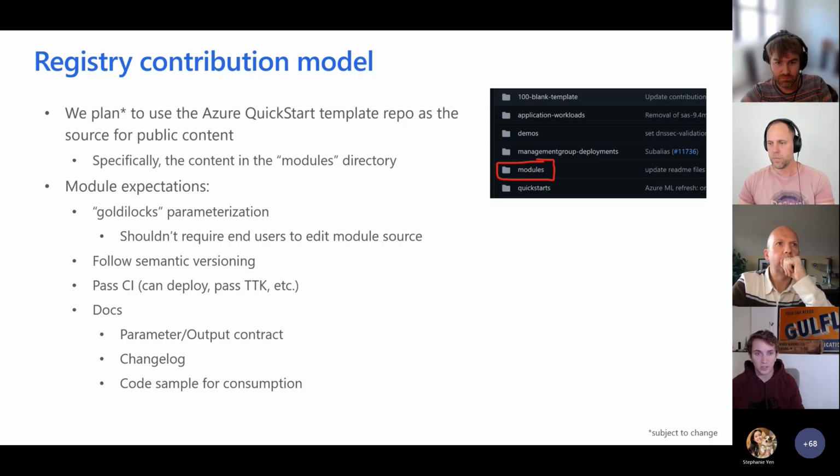Some of this we think we can actually help provide, like an auto generation tool for this, but the big one is the parameter and output contract, so that it's very clear for people consuming modules exactly what they need to expect, which parameters are required, which outputs they'll be able to work with. And that is going to be strictly enforced, because if you're changing the contract, you're making a potentially breaking change. So we're going to have CI that looks out for those things as well.